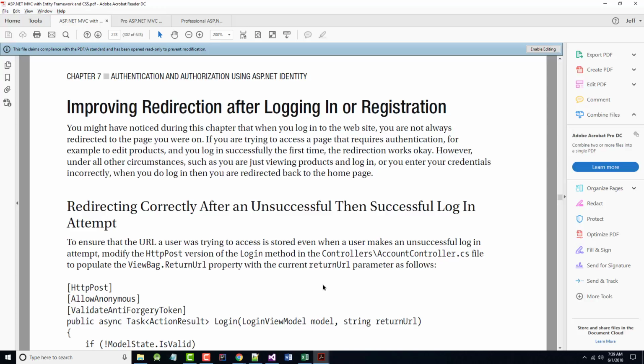Successful model view controller applications follow a certain